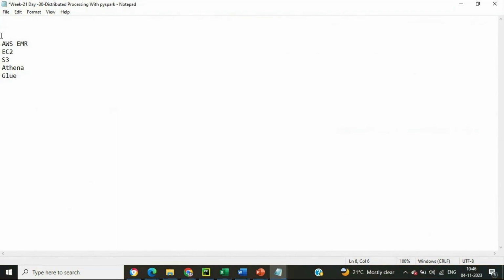Certain stuff from the IAM roles, we have seen how to define IAM roles and all. So what are the other things that we have discussed from the AWS side? IAM, AWS EMR, EC2, S3, Athena, Glue. Although certain stuff from Glue we have discussed, but in today's session, we will